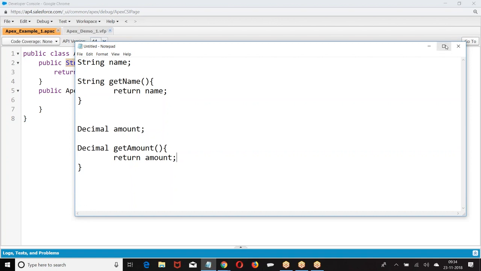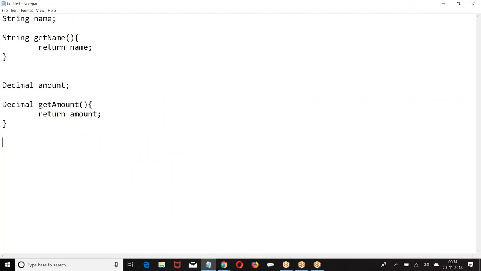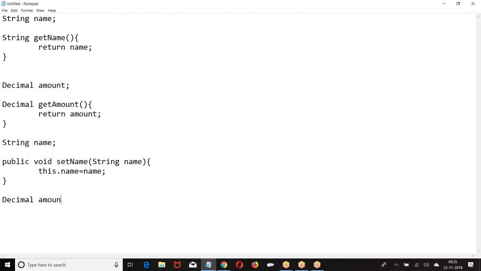How do you define the setter method? If it is string name, the set method will be like this: public void set name, string name. Now I have decimal amount.